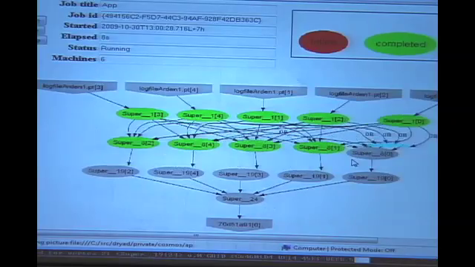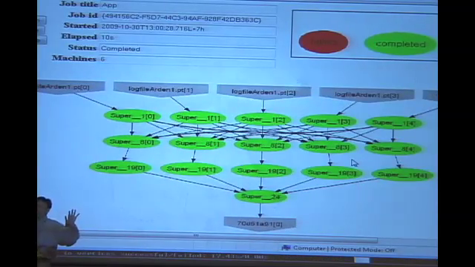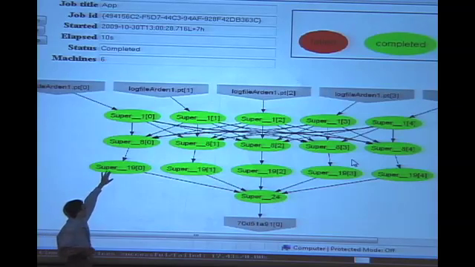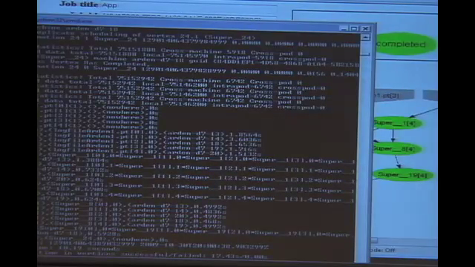We do a local sort on each partition, and we do a take 10 on each partition, and then we do another take 10. So this is pretty much how you program in DryadLINQ. So this is the system.